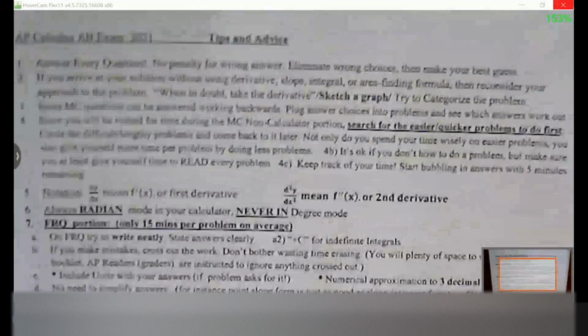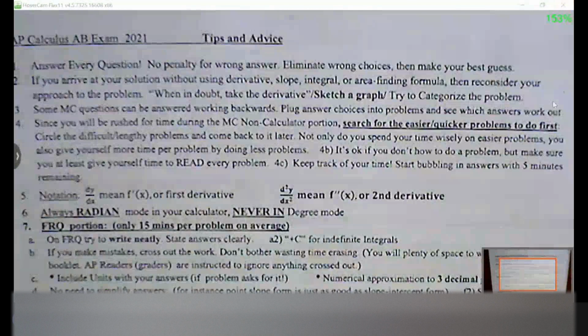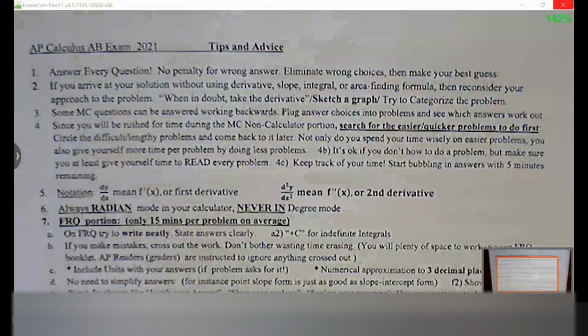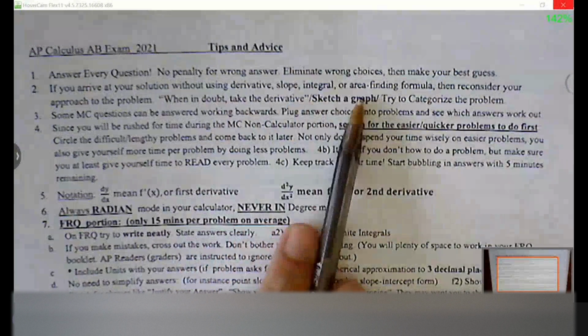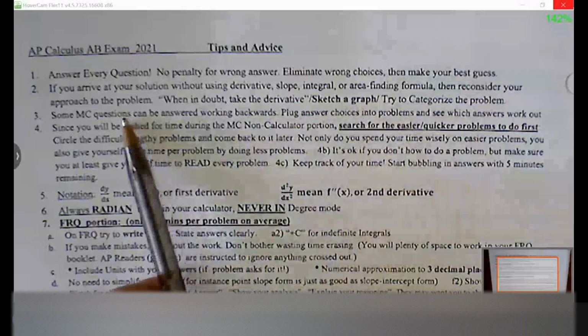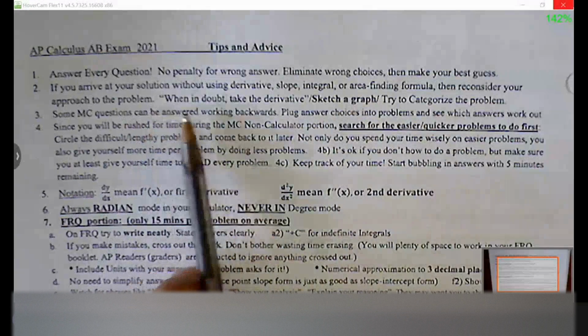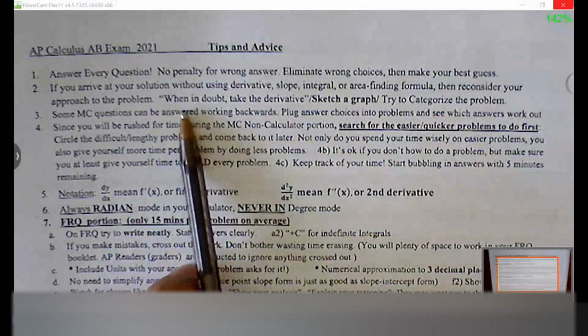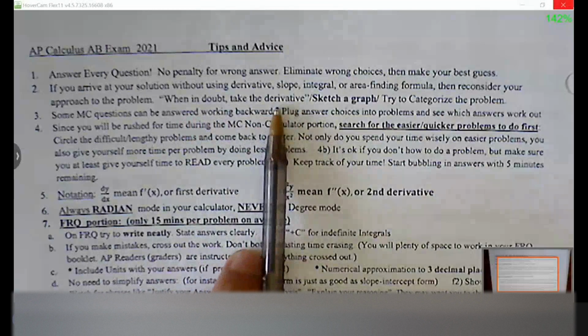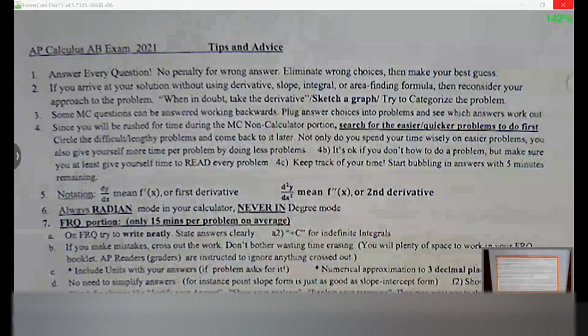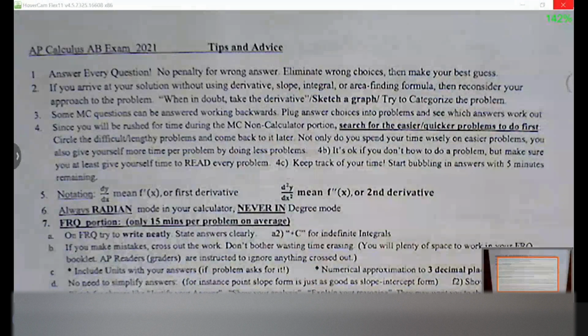Okay, again, answer every question, no penalty for wrong answers. If you arrive at your solution without using derivative, slope, integral, or area finding formula, reconsider your approach to the problem. I read this somewhere. It says, when in doubt, take the derivative. That's kind of an oversimplification, but the majority of the problems do have the derivative as the first step. So if you're struggling with what to do there, maybe finding the derivative will help jog your memory